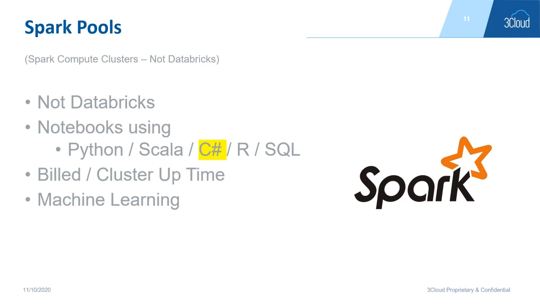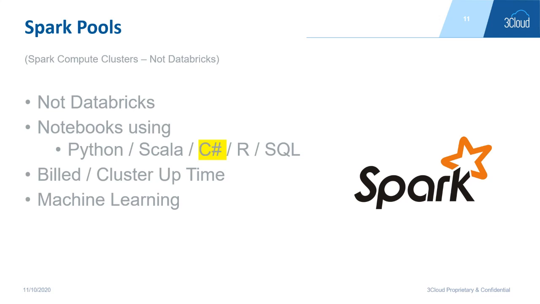Yep, SQL, and we will actually look at using SQL in a Spark notebook here in a second. But you see I've highlighted there C#, which I think is going to be a differentiator. I still tend to go towards Python just because that's what I've been using for the last year or so. But having C# in there is something I'm going to have to start looking more at, because using Microsoft tools for Microsoft tools is always a